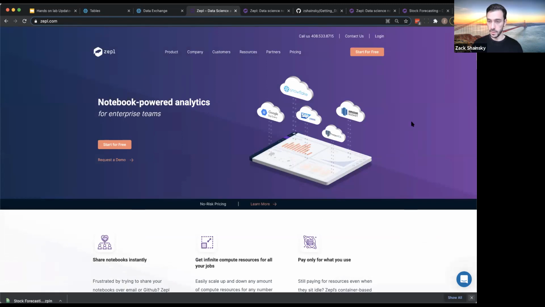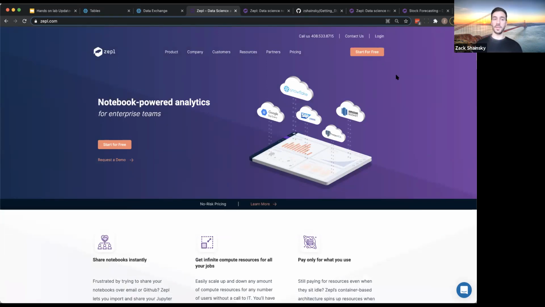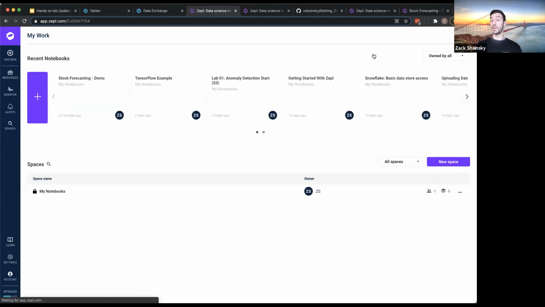The Zepl free sign up is here on our website. So if you haven't signed up yet, go ahead and sign up for free. You will click the register page here. I'm already logged in, but you saw it flash. Essentially, you'll put in your business email, and you'll be dropped into a page that looks just like this. Okay, so this is the Zepl interface, and some of the